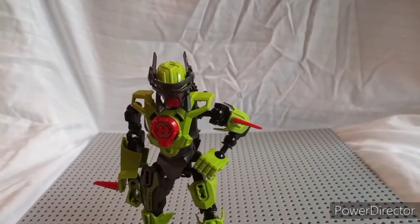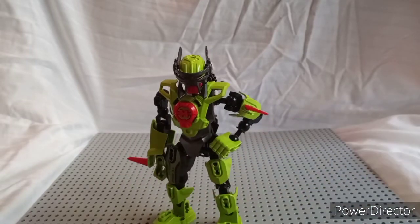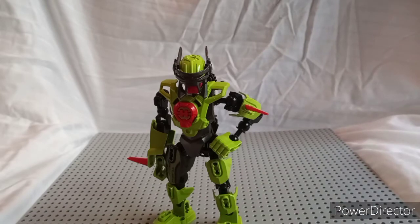I mean, that's really all I would modify about this set. I would change more if I had a lot more stuff, but at that point it would just become a revamp rather than just a small modification to the set. Even though these are the parts I'm going to use to modify Stormer when we get to him, and that's quite a few, but we'll get to that when we come to it. But anyhow, this is just a pretty solid set. Not the best 2.0 hero, but doesn't really have any game-breaking flaws to me,